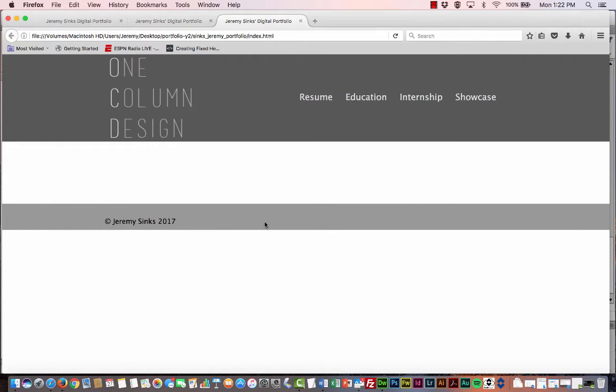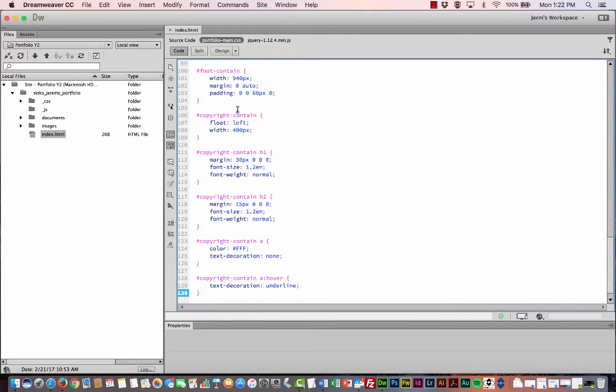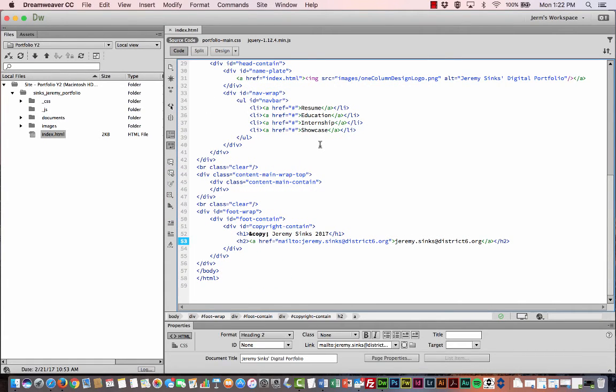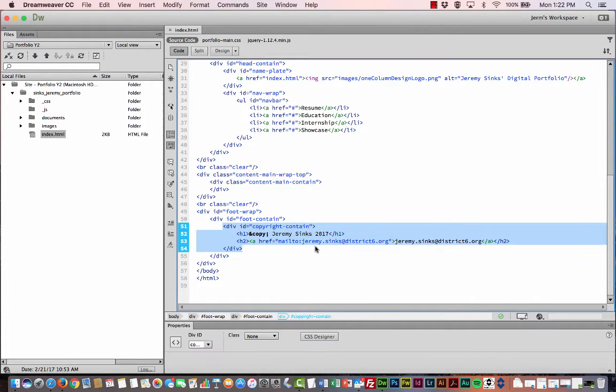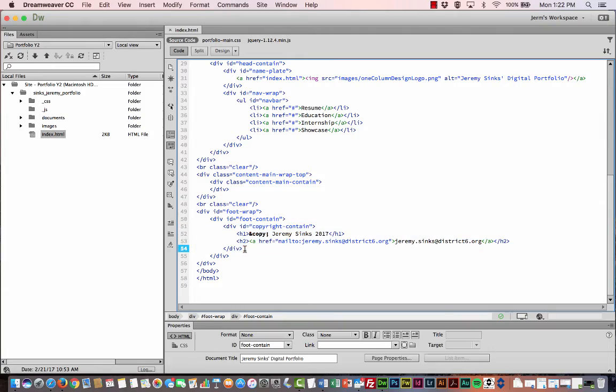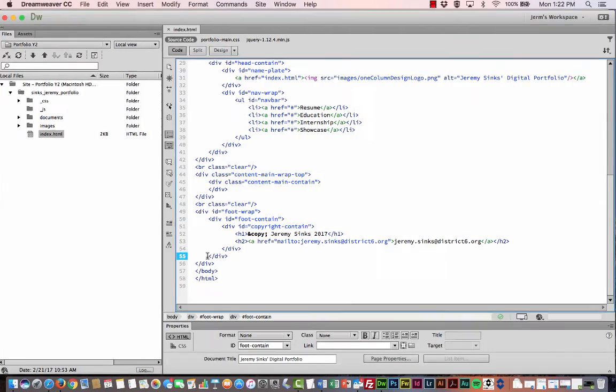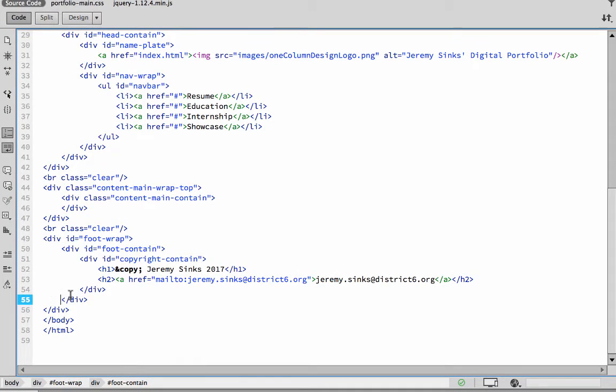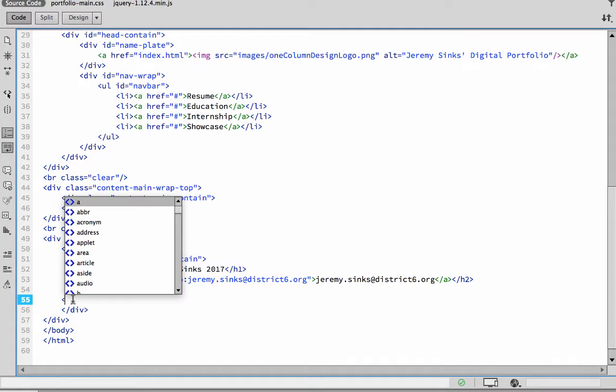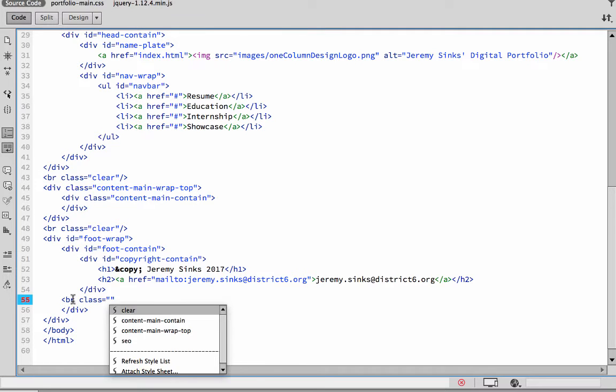So let's toggle back over to Dreamweaver, and in our source code, in our HTML code, what we want to find here is, let's see, the closing class here. So we're looking for, okay, there's that nested div right in there. That's what I'm looking for. So I want to put this right after this class. So I'm going to put my cursor actually right in front of that line on line 55. It's the second to last closing div tag there. So you know I have 3 closing div tags right in a row. So what I'm going to do is I'm going to type in the left caret br class clear